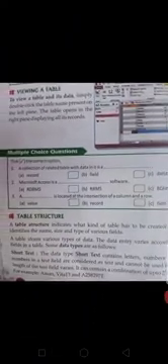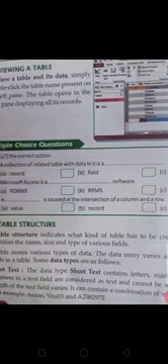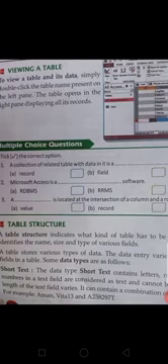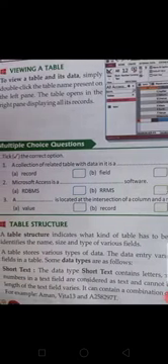Next topic is table structure. What data will be stored in the table, and what data types? Data types means what types of data we store. A table structure indicates what kind of table has to be created. A table structure identifies the name, size and type of various fields. A table stores various types of data, and data entry is done in various fields of a table. Some data types are as follows.